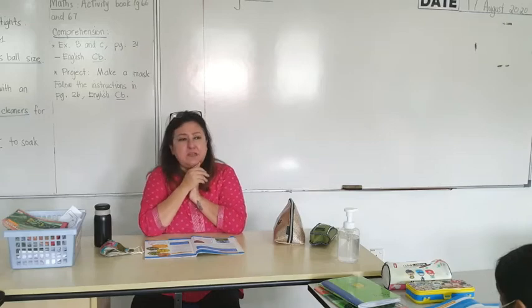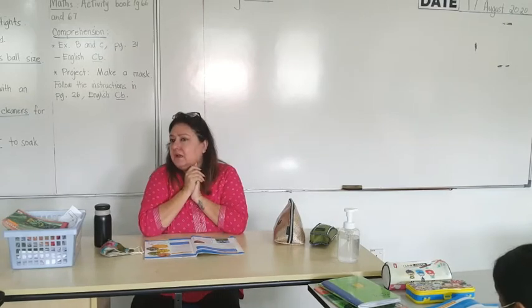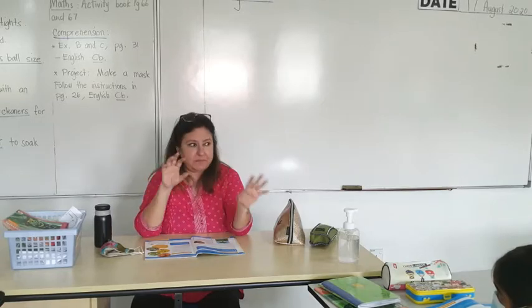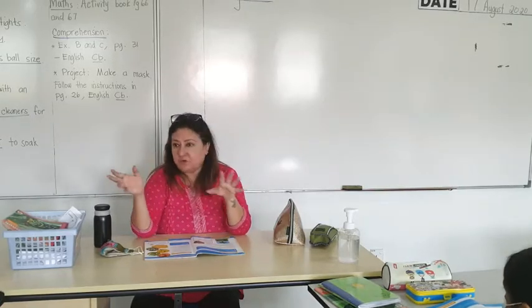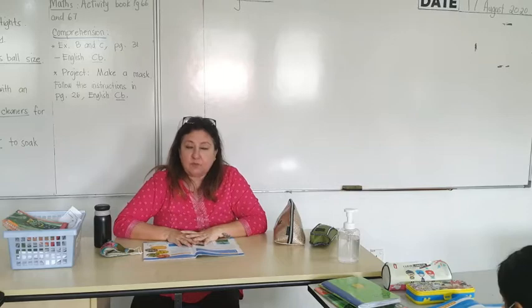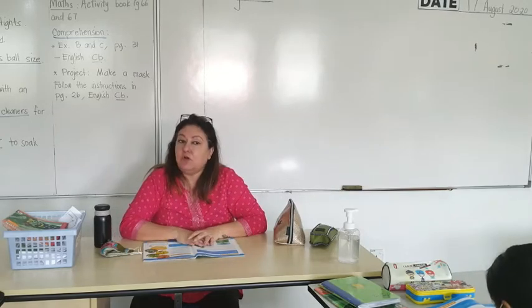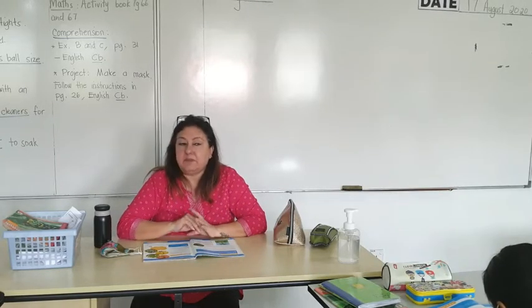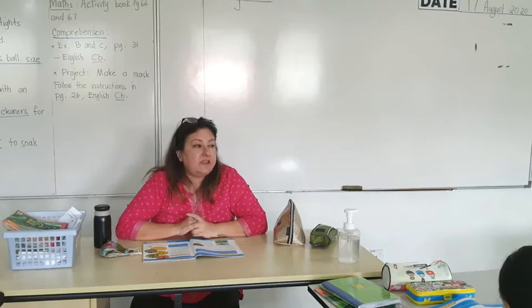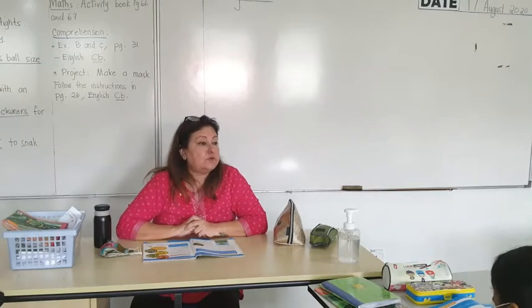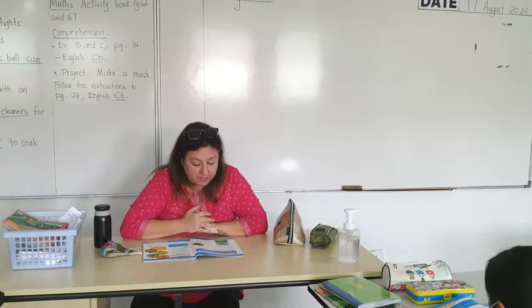How else can we sort them? What did we learn? Carnivores, herbivores, omnivores. That also can be sorted, right? That's also groups, right? Okay, alright. So we can sort out animals, or the animal kingdom, into different groups. The same way we can sort out plants into different groups. So we'll learn how. Okay?